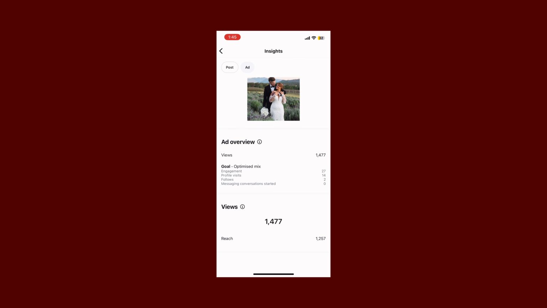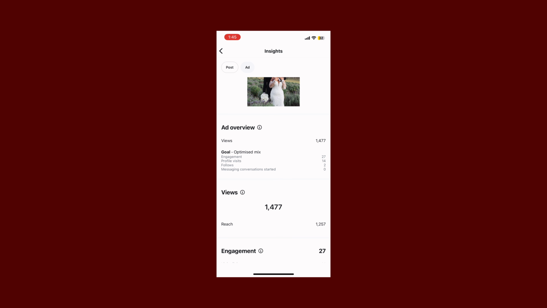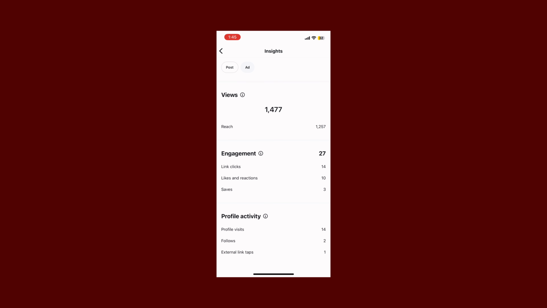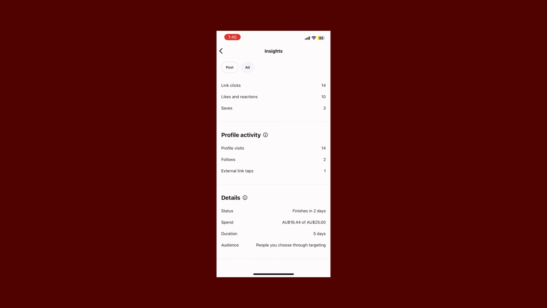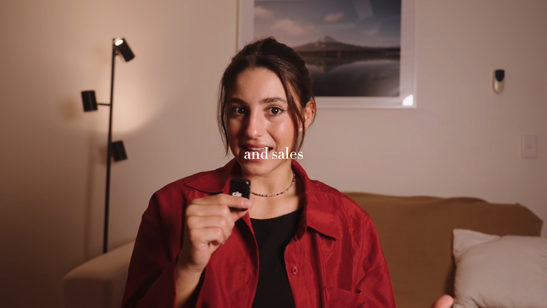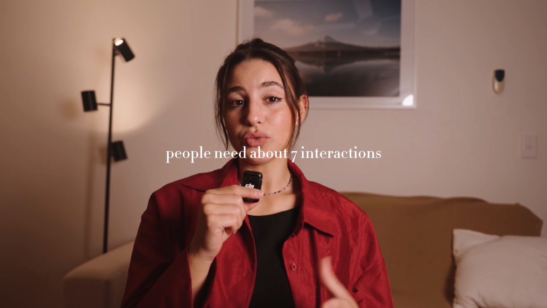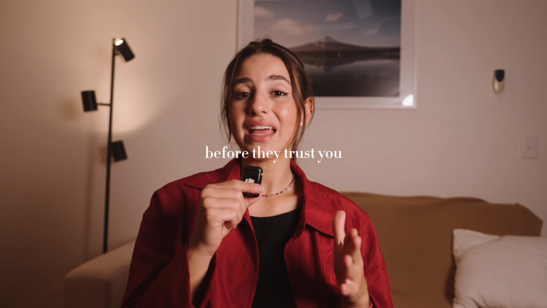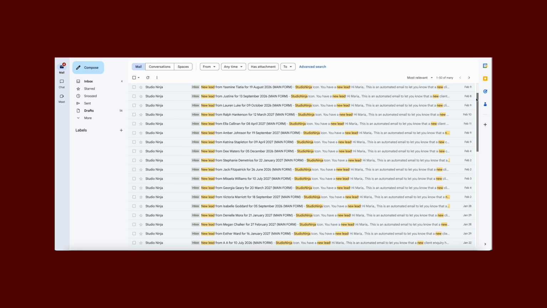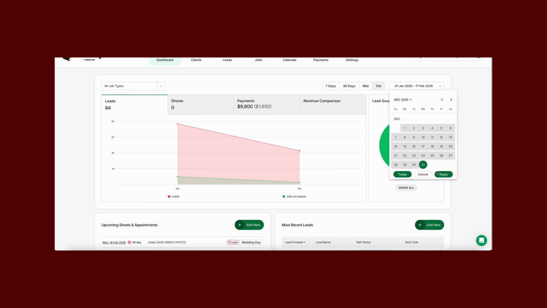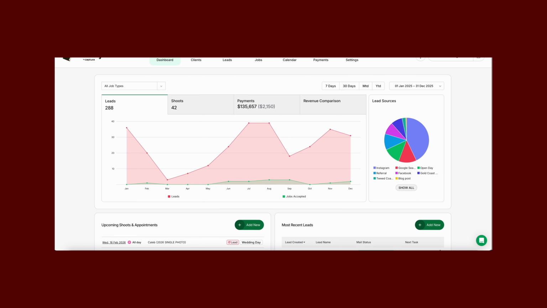You are literally spreading your business name and making people familiar with it, which is definitely a good thing, because it's being said that in marketing and sales, people need about 7 interactions with your brand before they trust you and take action. So the more you show up, the better. But boosting posts will not keep inquiries coming in with the same intensity that Meta campaigns will. You simply can't compare, because Meta ads are literally working 24/7 to find people who behave like your potential clients.